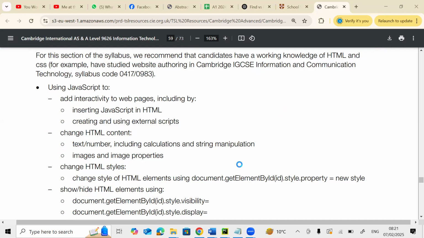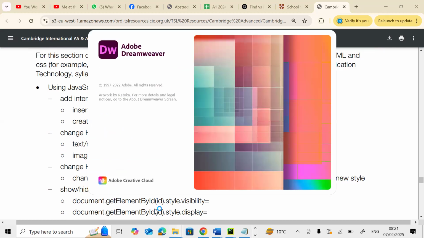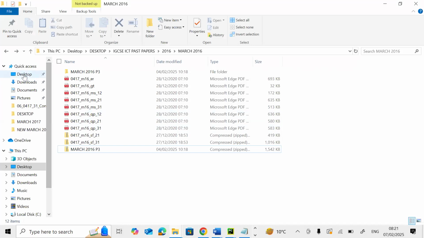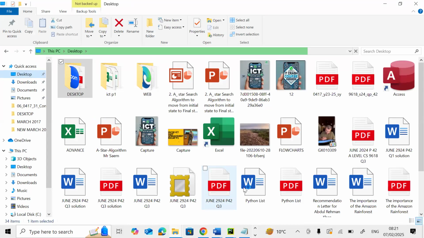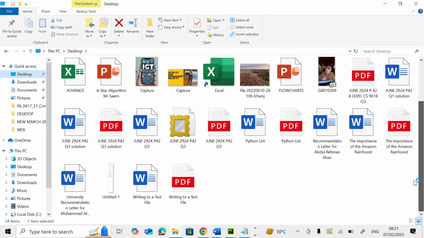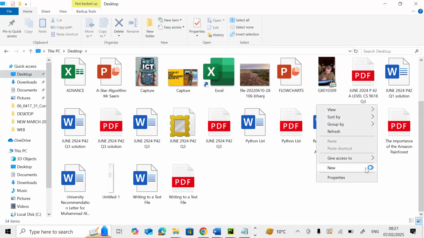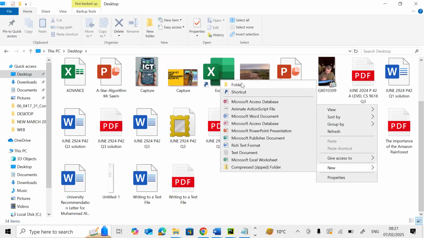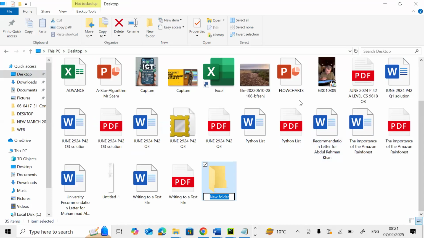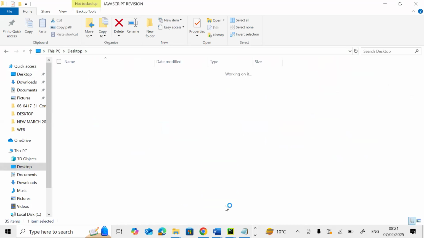So let's say, let me just go to the desktop. Oh my God, I have so many folders, but it's fine. So what I can do is I can make a folder and rename it as Java revision, and we'll save the files inside this. So what I'm trying to discuss over here is that